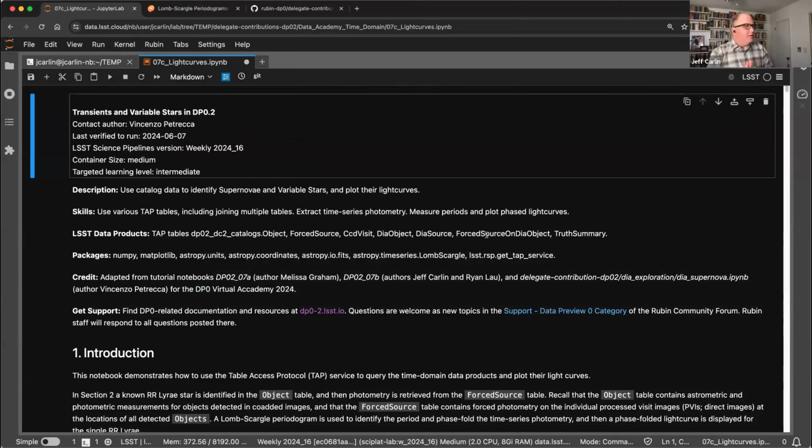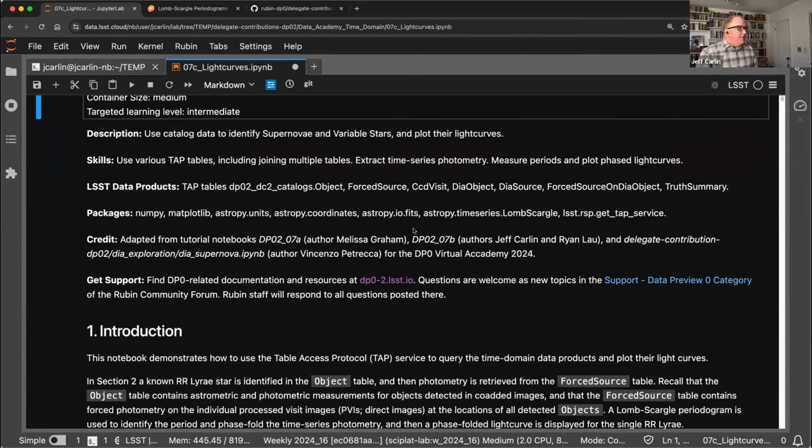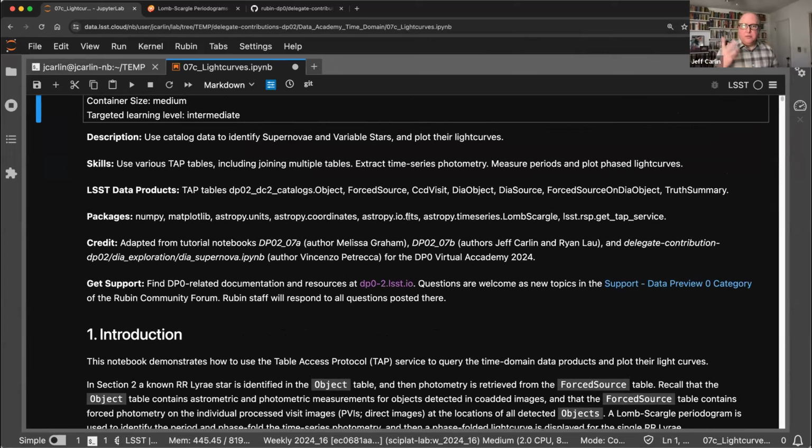Okay, so hopefully everybody's been able to keep up there. Actually, here, let me zoom a little bit so you can read things better. All right, so this is basically a combination of two of our tutorial notebooks that are in your tutorial notebooks folder. There's notebook 7A and notebook 7B. 7A is looking at supernovae and light curves of supernovae, and 7B is looking at light curves of variable stars. And so this is kind of just a combination of both of those that Vincenzo Petrarca has created for this